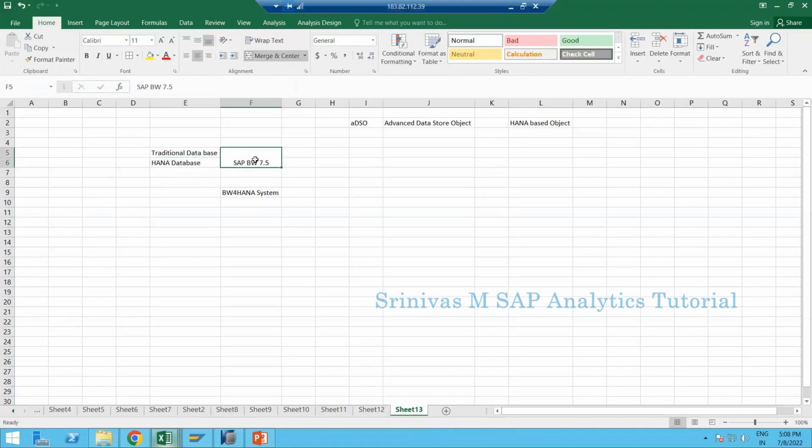If you are installing the 7.5 software on a traditional database, even though 7.5 supports the aDSO concept, you cannot create those because it is not a HANA database. This aDSO can be created only on the HANA database, not on the traditional databases. This is important. That's why I told you, Advanced Data Store Object is a HANA based object. And the next point to remember is,